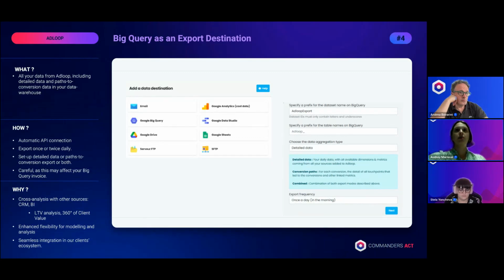For example, with this BigQuery export destination, you can run 360 degrees customer value analysis by matching, for example, the customer IDs from Adloop with your user data to calculate metrics like the lifetime value. And it's also full access to all output of our data-driven attribution model in BigQuery. Here, I also want to draw attention to the fact that these exports can impact your costs in BigQuery since they generate additional queries.